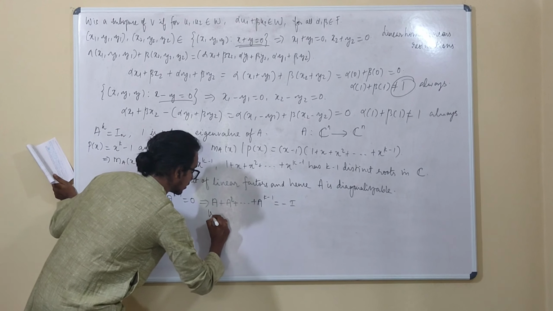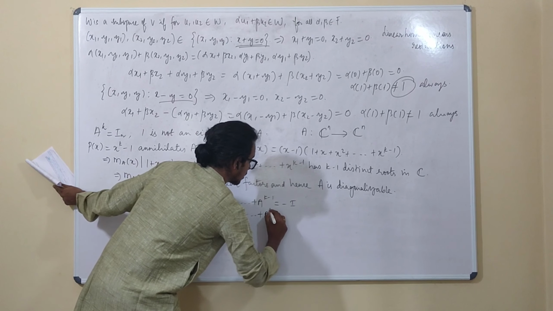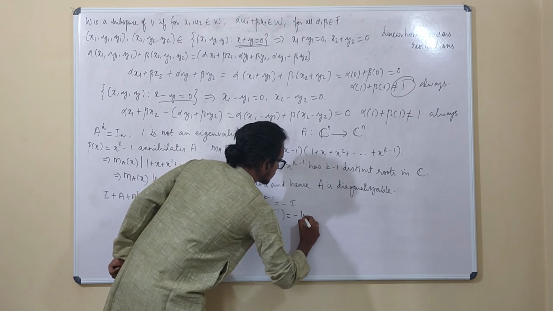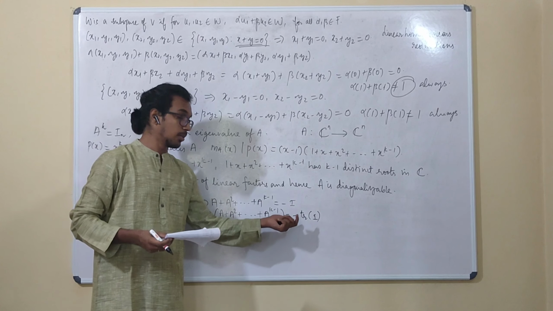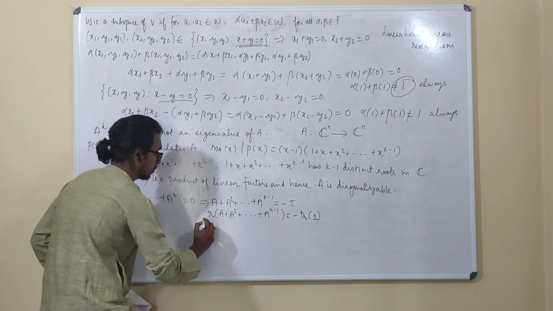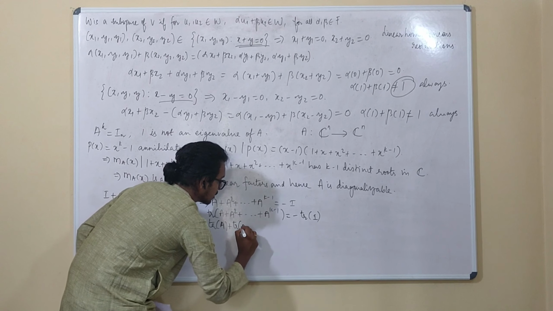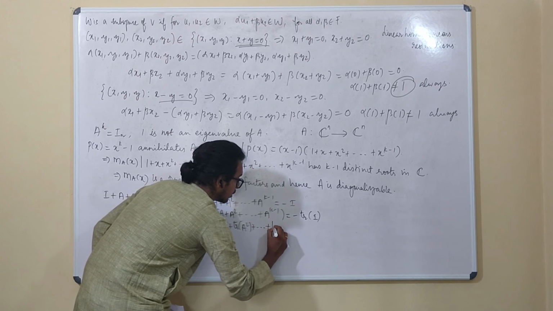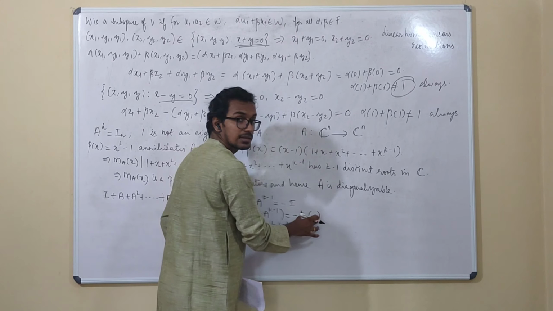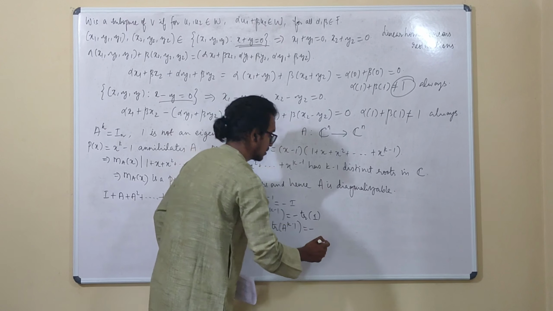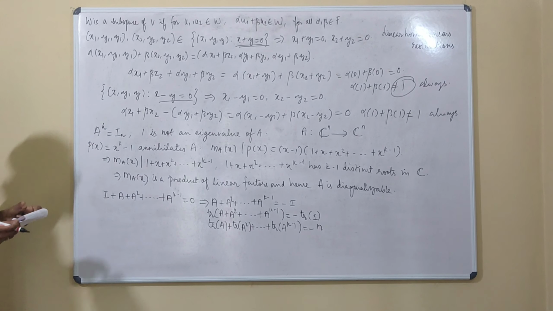Just take a trace here. Trace of this matrix is equal to minus trace of identity. Since trace is a linear operator, I am able to take this minus outside, and here this can be bracket, that is trace of A plus trace of A squared till trace of A to the power k minus 1, which is equal to, what is trace of identity matrix? That is the order of the matrix, that is n. So this is the third option, and that is turning out to be right.